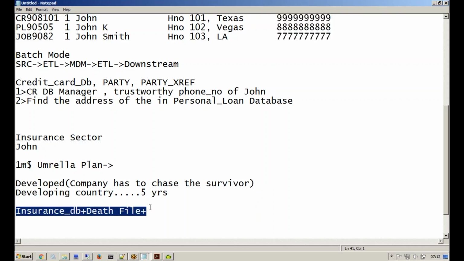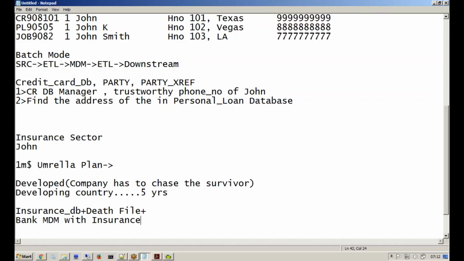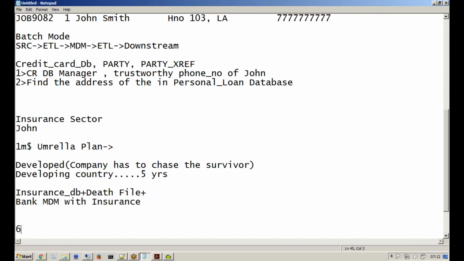Okay, and let's say your bank is also running an insurance company, like there are many banks that also have insurance products, so you can also relate your bank MDM with insurance. So you can actually understand that, okay, this guy has, let's say, a $1 million bank balance, and he has taken, let's say, this plan. So this can be used for many purposes, can be used for CRM, customer relationship management, which is nothing but